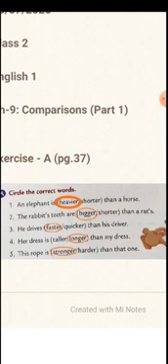The rabbit's teeth are bigger. We are describing rabbit's teeth as bigger or shorter. And who are we comparing it with? Rat. So whose teeth are bigger or shorter? Rabbit's teeth are bigger and rat's teeth are shorter. So we have to say the rabbit's teeth are bigger than a rat's.